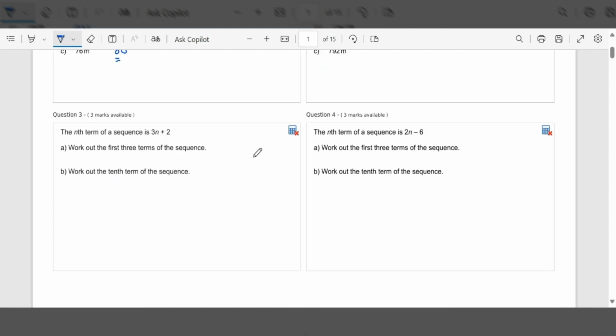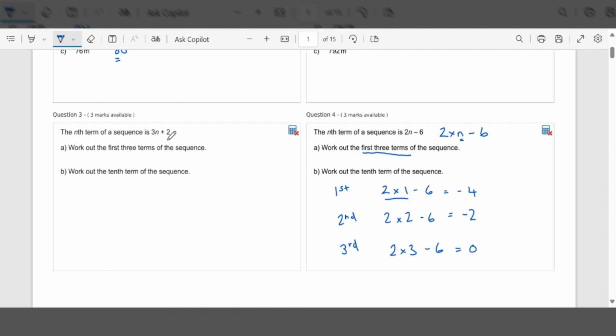Write down the first three terms of, I'll do the harder one, okay? We need to know that 2n means 2 times n, take away 6. And if you want the first three numbers in this sequence, the first number would be swapping that n for the number 1. So we would do 2 times 1 take away 6. Well, 2 times 1 is 2, take away 6, that's minus 4. The second term would be 2 times 2 take away 6, which is minus 2. And the third term would be 2 times 3 take away 6, which is 6 take away 6, which is